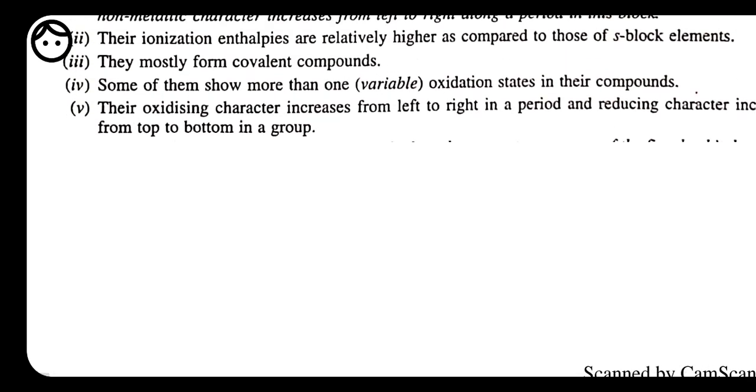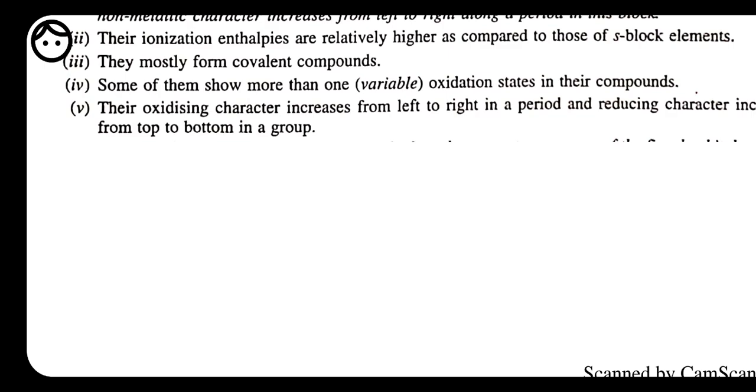Here we have a few more properties. P block elements include both metals and non-metals, but the number of non-metals is much higher than that of metals, which we also know. P block is the only block in which we have all types of elements. Here we have metals, non-metals, and metalloids. But the rest of the blocks, like s block, d block and f block, have only metals. P block is the only block in which we get all types of elements.